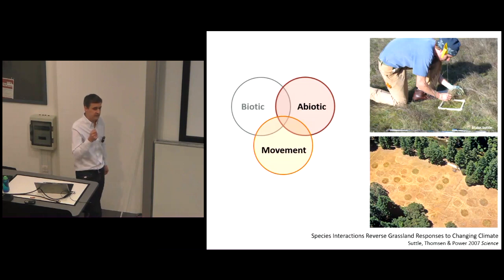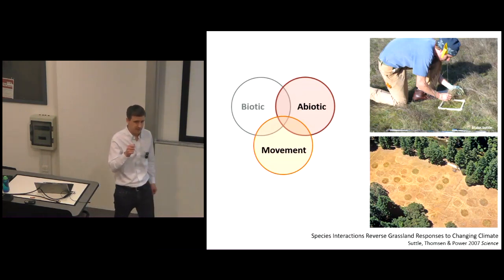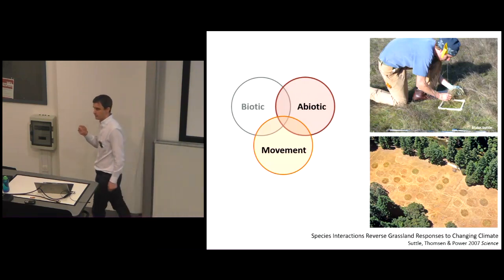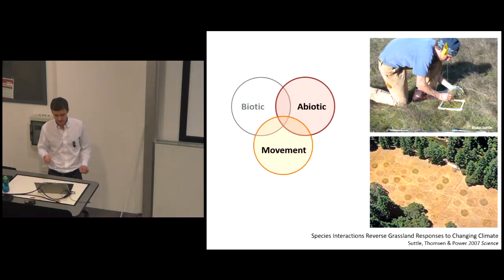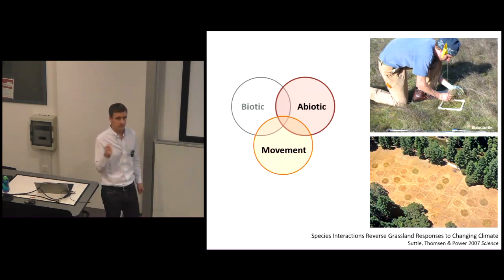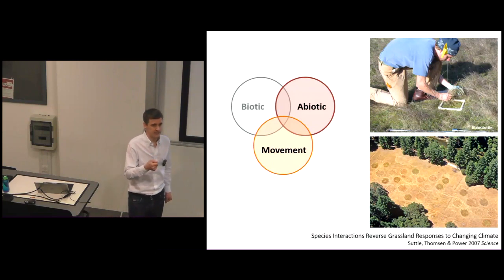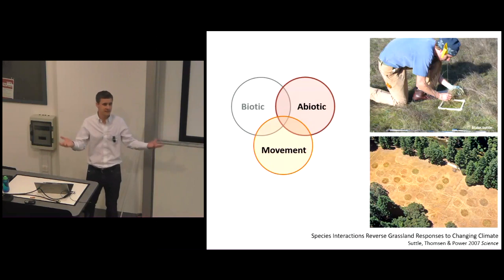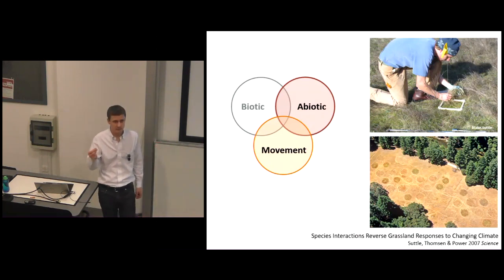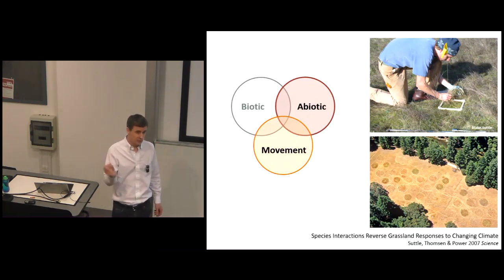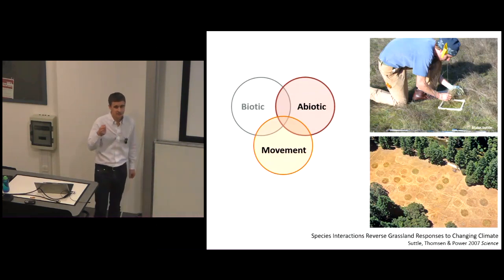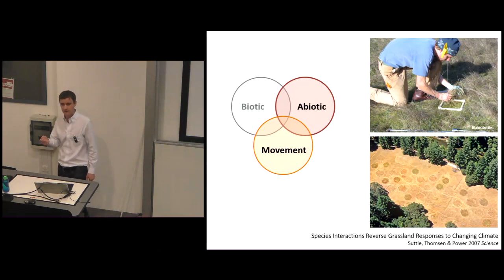But then actually something really interesting happened after about the first two field seasons. There was a big crash in the abundances of most of the species within this community. And the reason for that is that they were outcompeted by some species, in particular the annual grasses. The annual grasses liked the new abiotic environment so much that they were essentially taking over. They were outcompeting particularly the nitrogen-fixing forbs, which are producing the soil fertility for many other species. So it was the biotic environment that was driving this system,